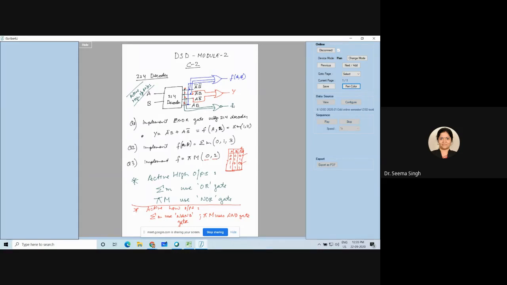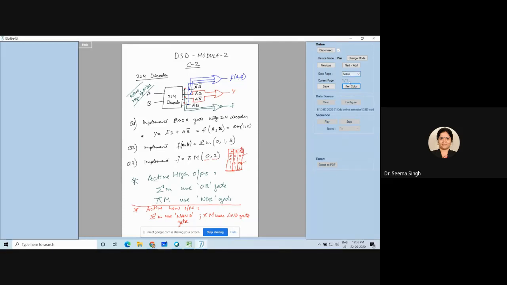The 3 questions, number 1, 2, 3, I have done here. Now you write question number 4. Ma'am, for all the 3 questions, we have to make the decoder diagram separately. You can make it in this also, the way I have made it, if you can make it neatly. If you think it will become cumbersome, you can make a separate diagram. Okay.